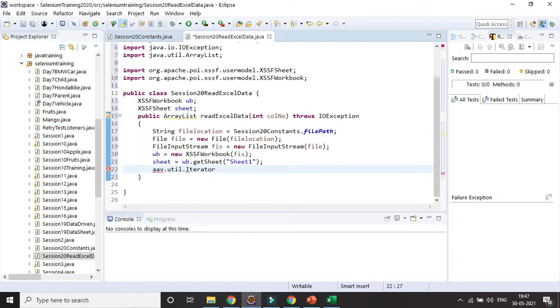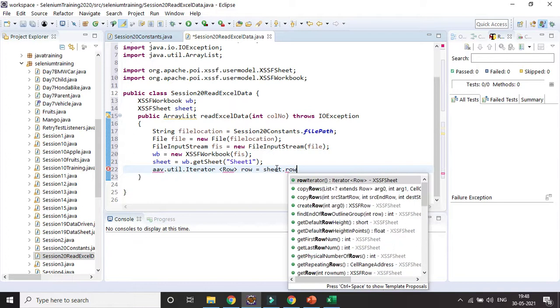I'll be iterating all the rows, so I'll create a variable for the row, equal to iterating the sheet. Because I already know it is Sheet1, I'll be iterating all the rows with the help of the row iterator, Row row iterator.